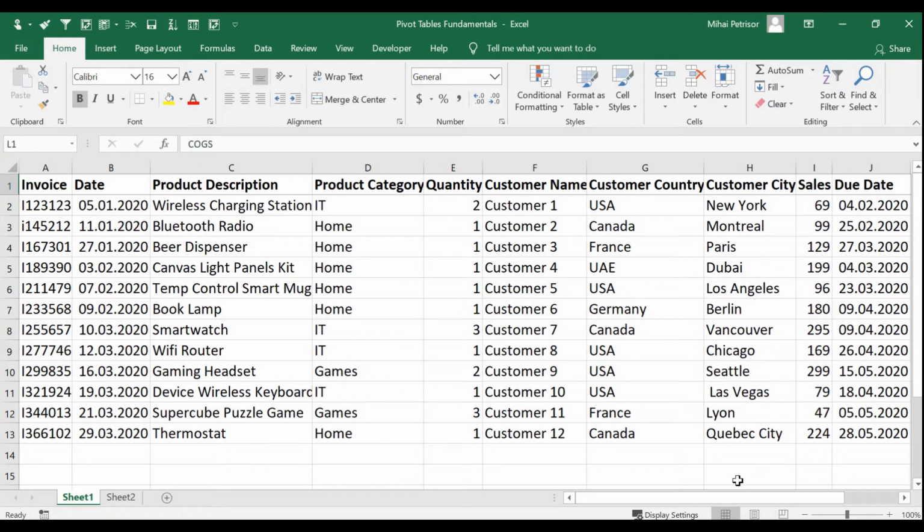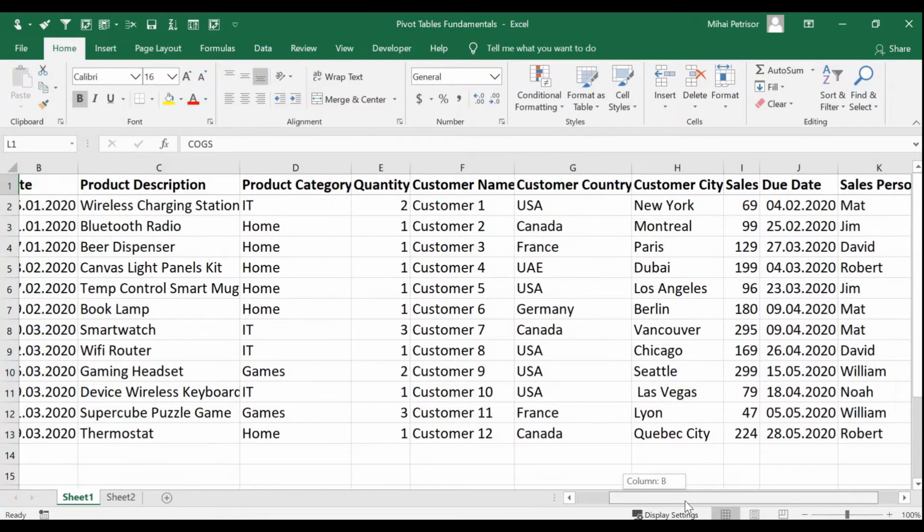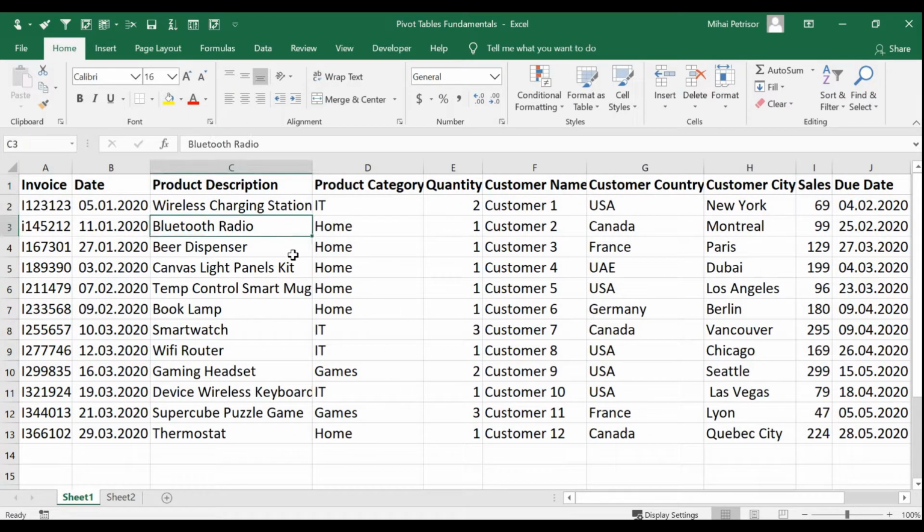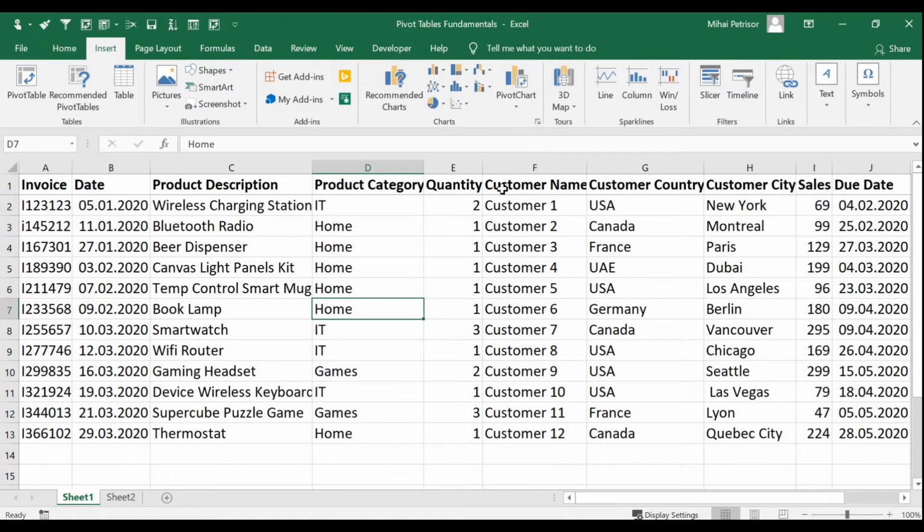Hi, here we will try to create a basic pivot table. A pivot table can be created from different sources or ranges, and now we will start creating from this sales transactions table by going to the Insert tab from our ribbon, and then on the left side you have the mini tab named Tables, from where we can insert a pivot table.